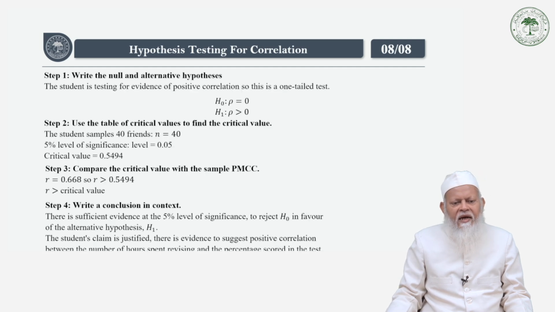So we move ahead, and these are the values we have been given, the critical values. The n is 40, alpha is 0.05, and the critical value we have been given is 0.559, and the t value that we have been given is 0.668 here. So what we find is that the calculated value is